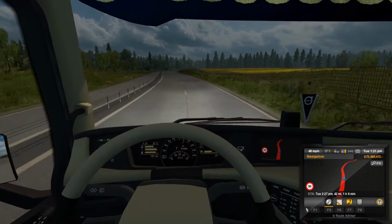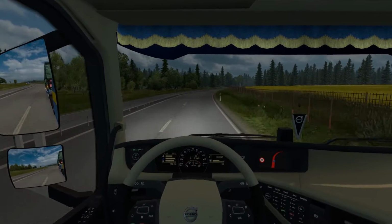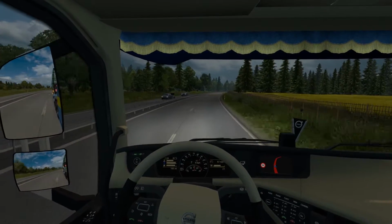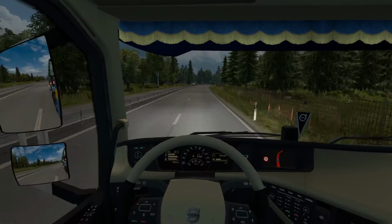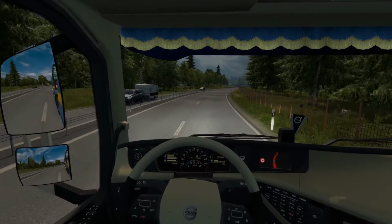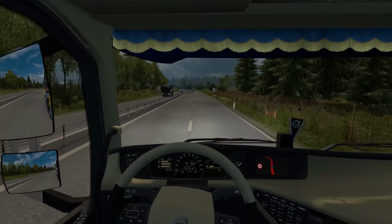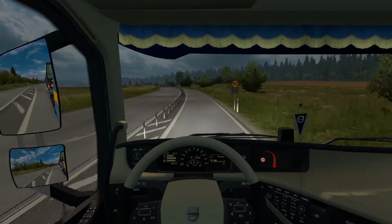So we've got 42 miles left. So I'll give you a review of this truck mod. It's taking a great truck to begin with, the Volvo FH, and creating customization, because to be fair, there isn't much when you start out on vanilla ETS2. It's non-existent for all the trucks, but